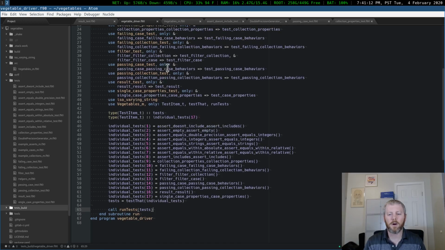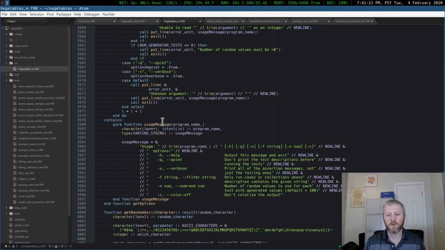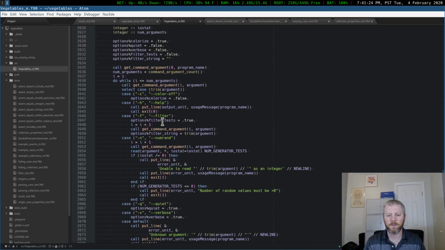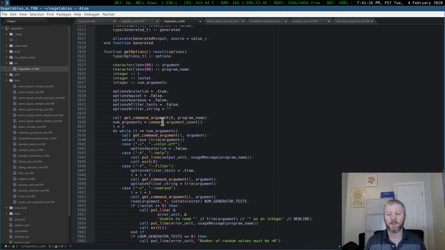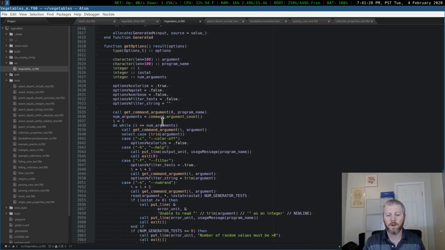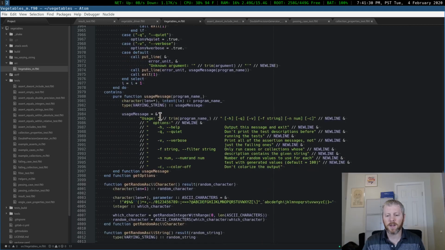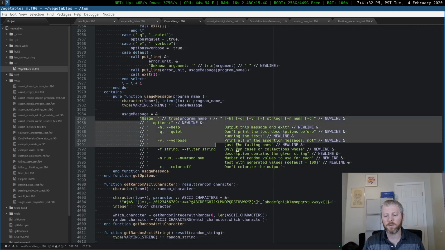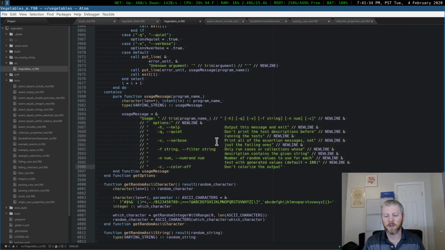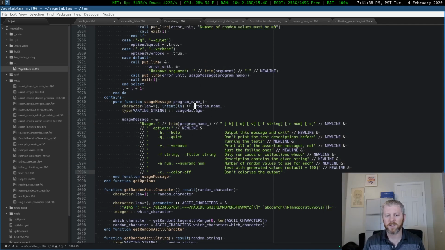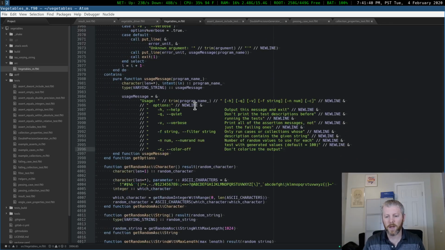And there are some command line options that are available by using this driver program as well. The run tests function will call this get options function before it actually starts to run the test. And so you can kind of see here in this usage description what those options will be. If you just give it the -help, then this function will go ahead and exit, and it will print this